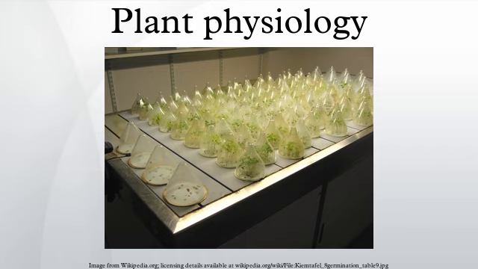Tropisms and nastic movements. Plants may respond both to directional and non-directional stimuli. A response to a directional stimulus, such as gravity or sunlight, is called a tropism. A response to a non-directional stimulus, such as temperature or humidity, is a nastic movement.